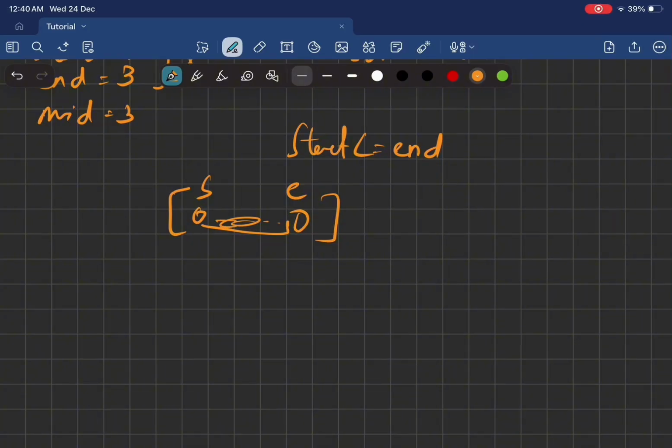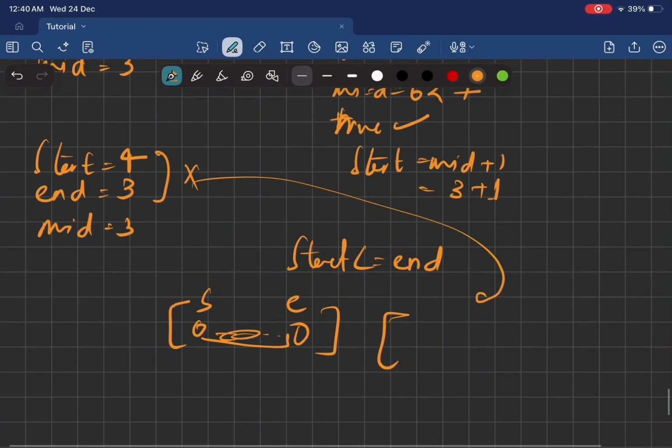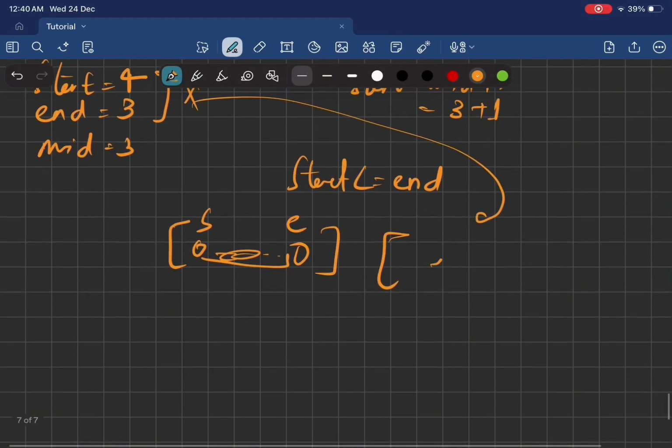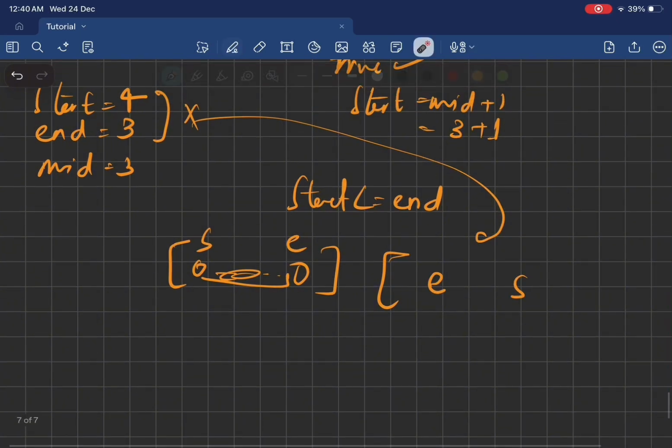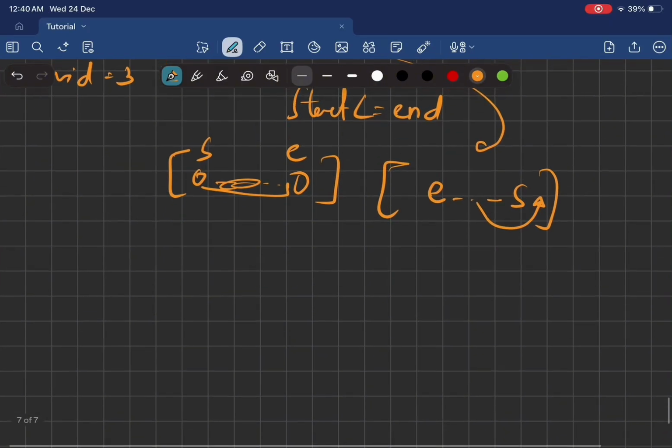No, right? After this condition is violated, we see that end is here and start is here. So we can't find the answer inside here. So we must be certain that the answer lies outside of this array. So we must return